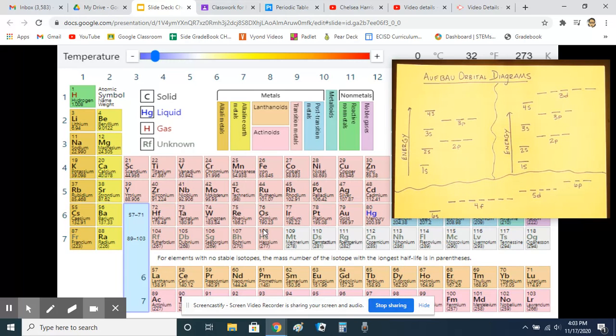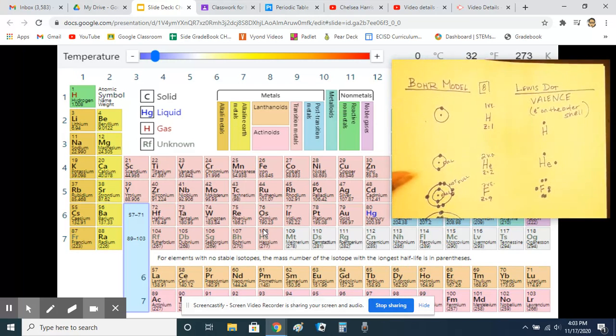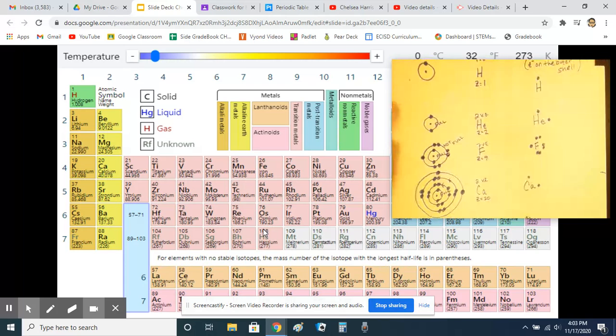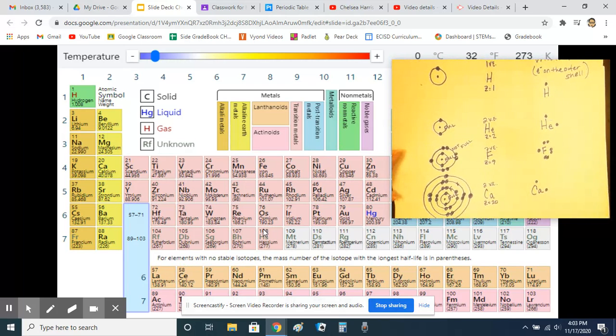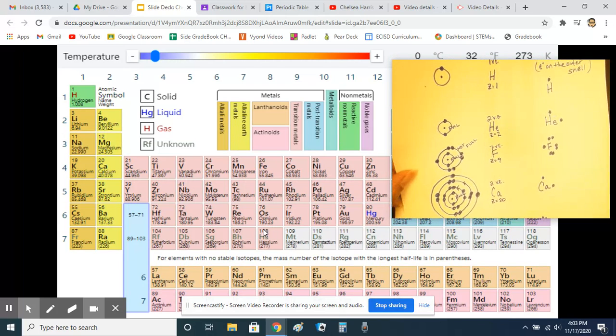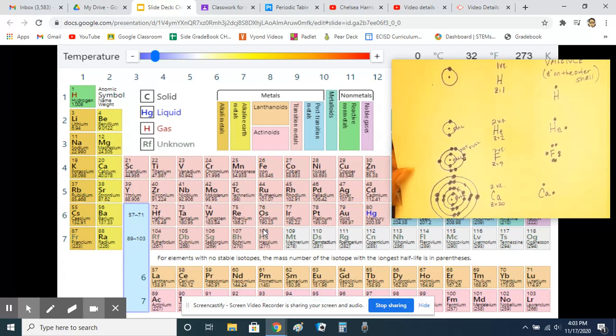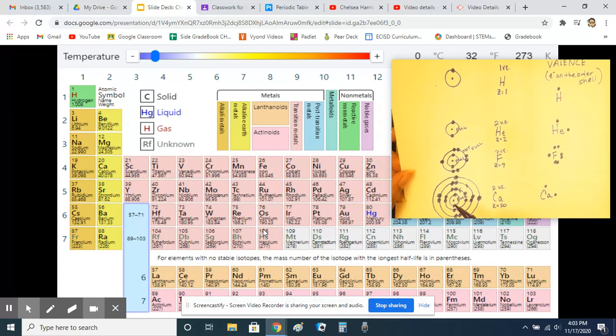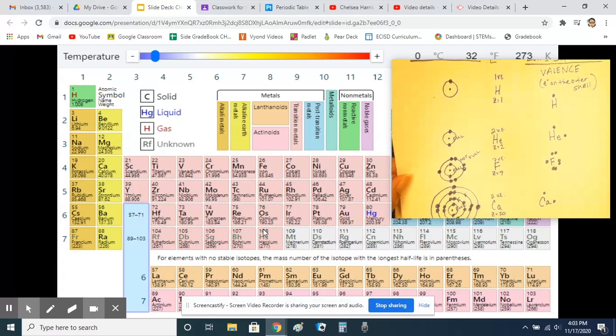One thing you'll always see should be some arrow pointing up, and it should be labeled as energy. Because what these diagrams are showing you is, when you think back to the Bohr models that we were drawing in the previous video, we mentioned that these electrons are being placed in what is called energy levels. And so the idea behind this is that electrons are inhabiting different zones within the electron cloud based on how